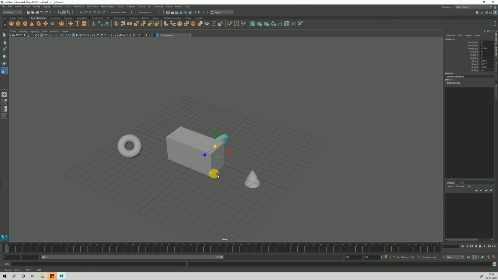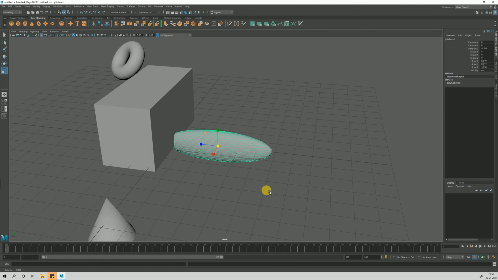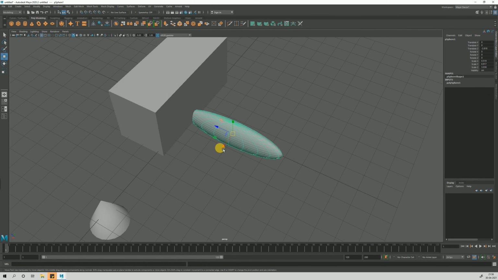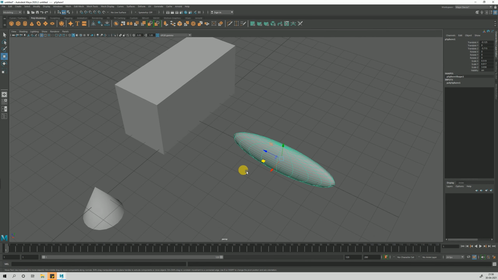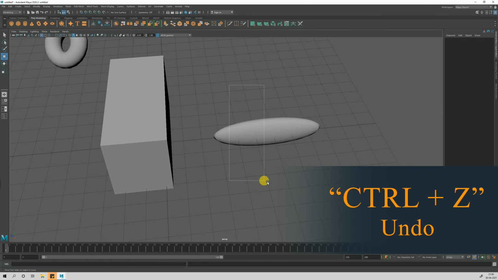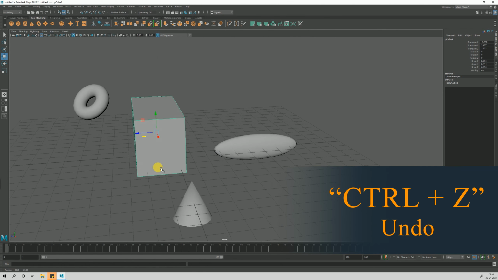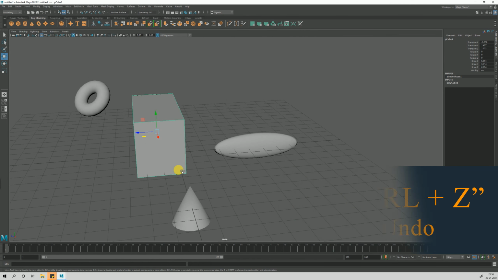There is another really useful tool besides them, which is undo. Go to Edit, there is undo move. The shortcut is Ctrl Z. So what does undo do? If we mess up something, we can always go back.